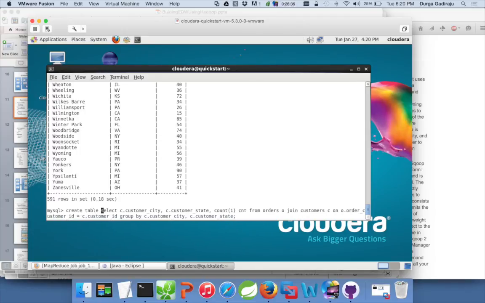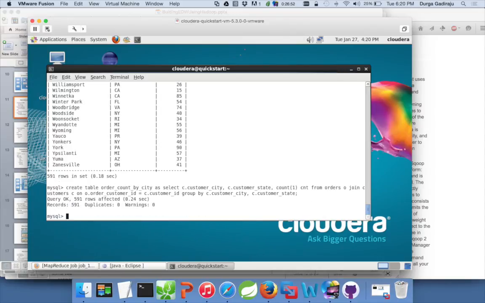Create table customer, sorry, order count by city as. So now the table is created,